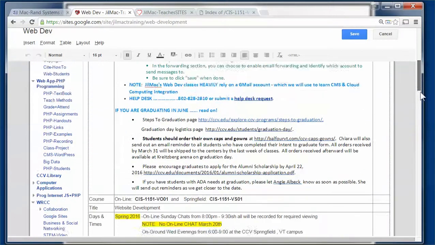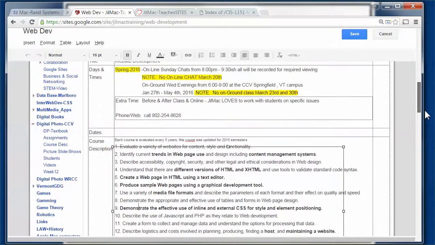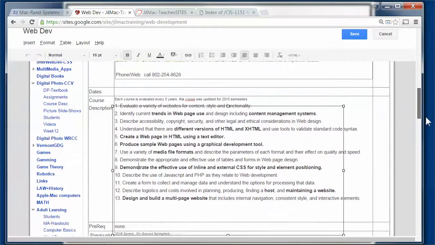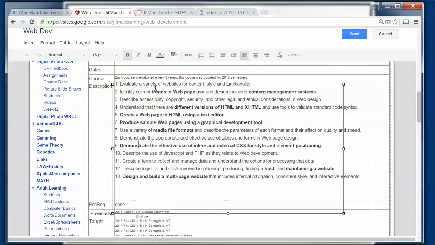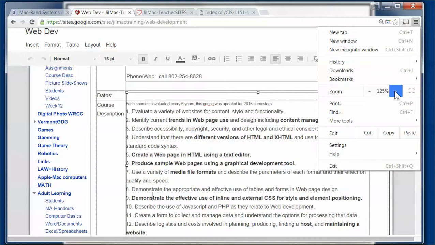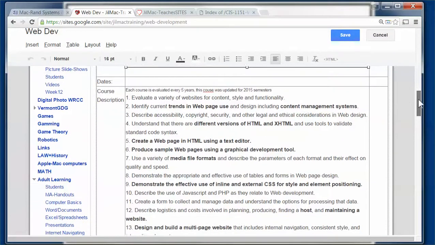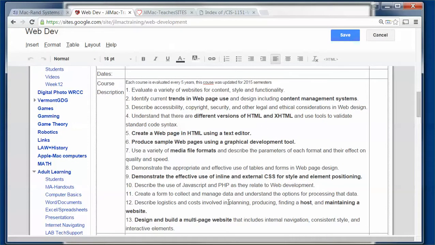When we look at Web Development, for any college course, you have different course descriptions, and those course descriptions, let me blow this up a little bit more. These course descriptions identify what you're going to be learning in the class. So in this session, which is talking about assignment 4, and we are looking at Chapter 7, which is CSS